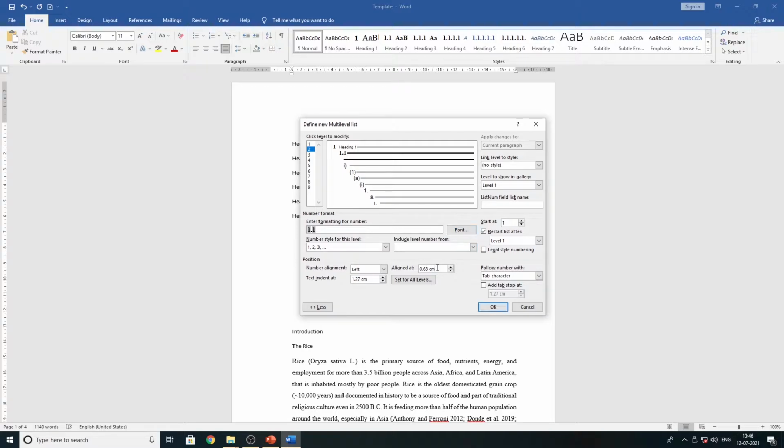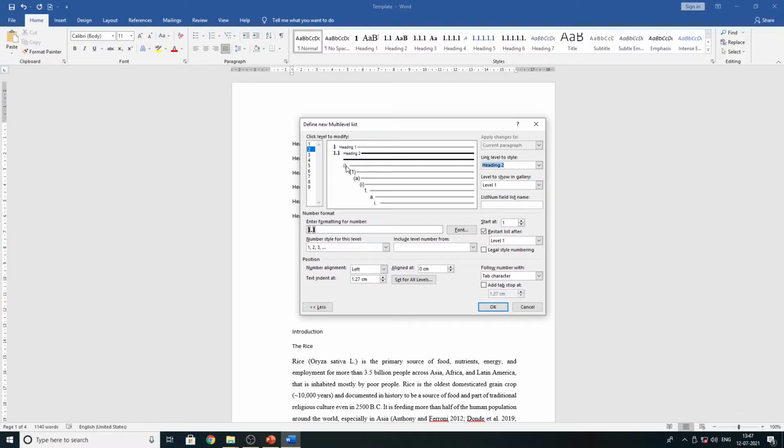I'm keeping 0 here. See, it comes in the first direction. So all set here, but I have to link this second style with the heading style. This is Heading 2. Heading 2 is set.